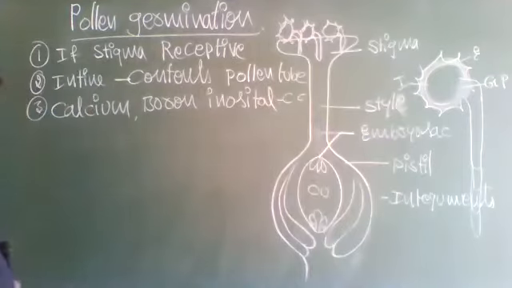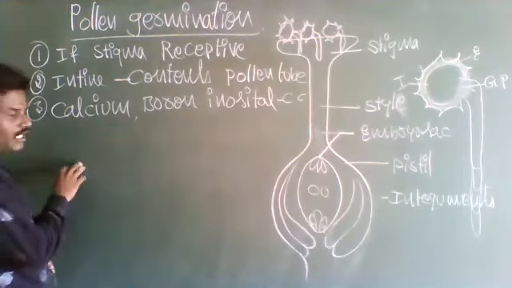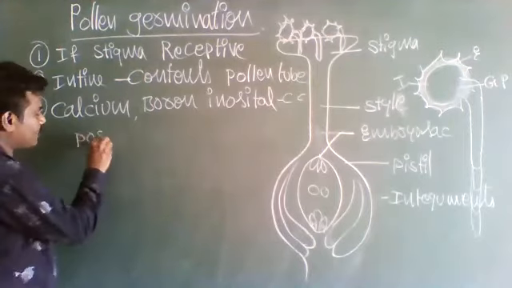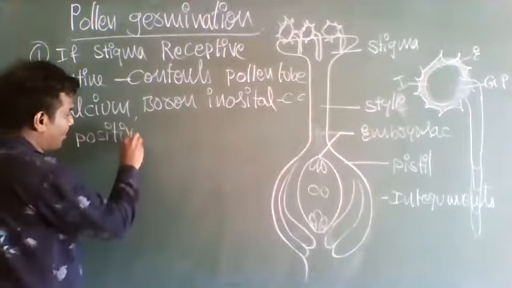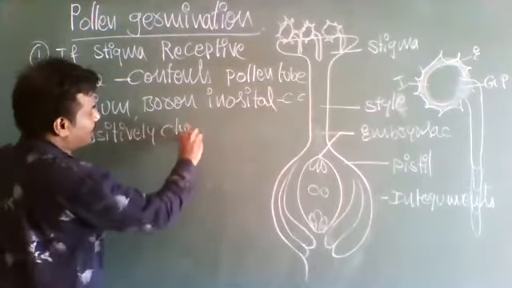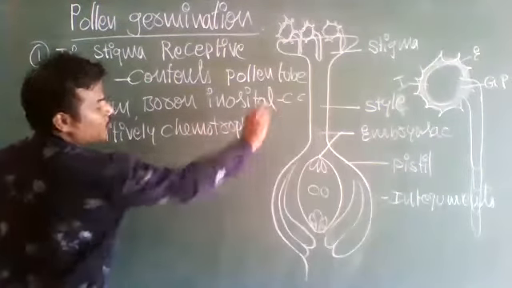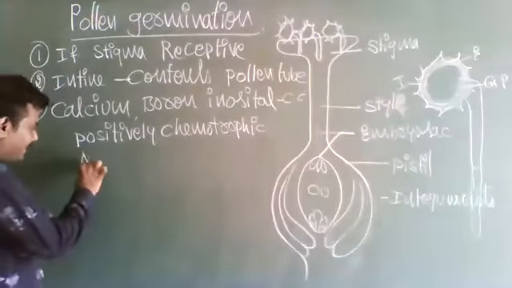This pollen tube growth is called positively chemotropic and negatively